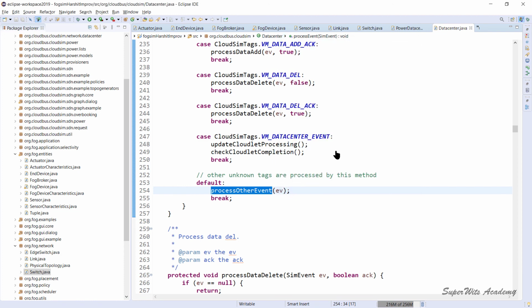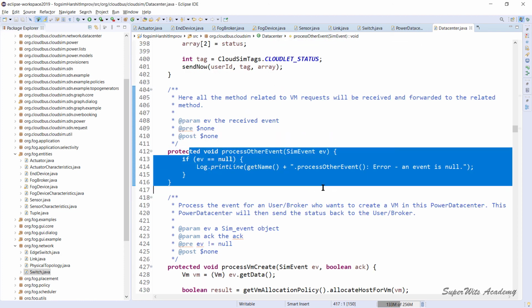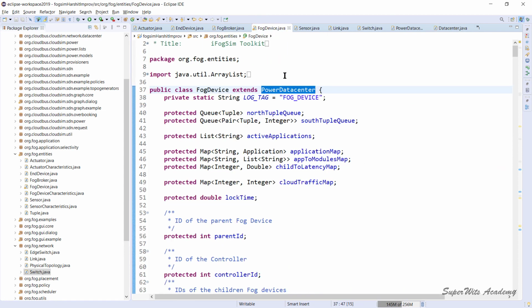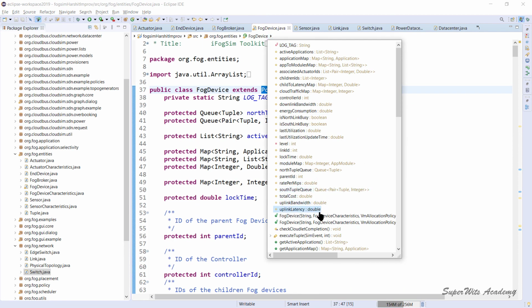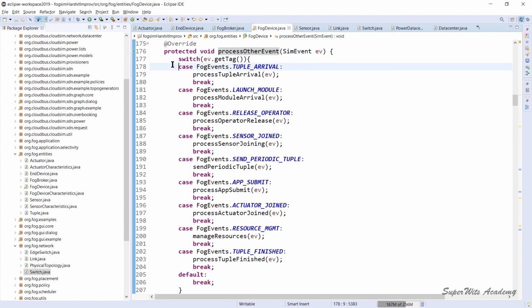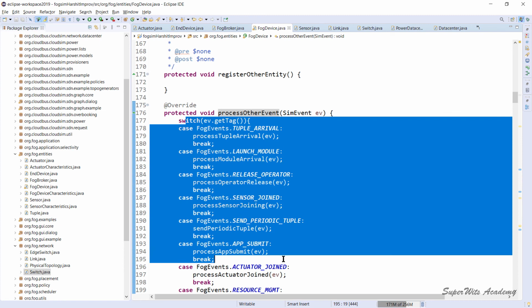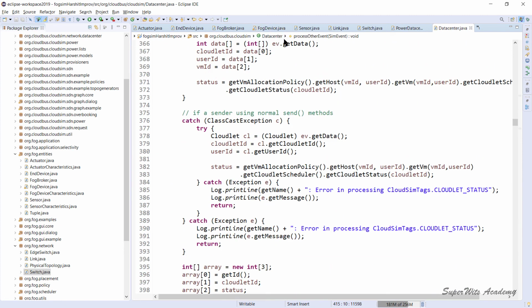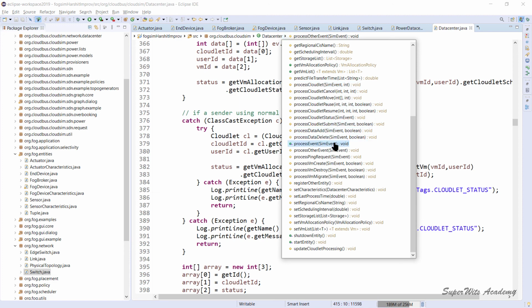Do you remember that this process other event, even though it has an implementation here, so let me take you to process other event. It has an implementation, but your fog device has actually overridden this particular method to implement a further extension to what has been implemented in the basic process event method.